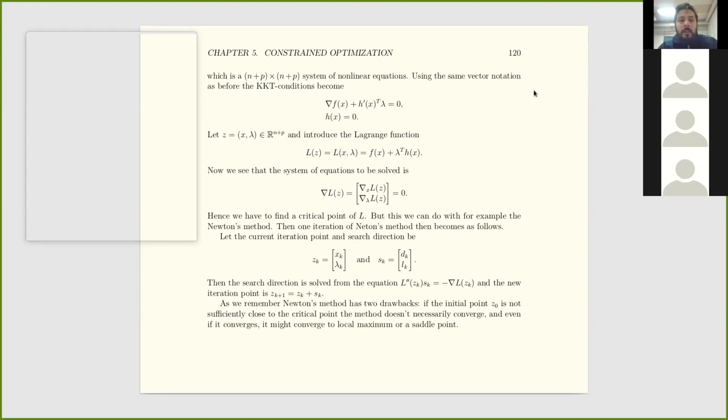after which we can formulate this so that if we find the zero of the gradient of this Lagrange function L, then we find a critical point of L, but we simultaneously solve those equations that are satisfied by the KKT point. So we can think of this equality constraint as being inconsequential in some sense. Obviously, it's not inconsequential, because this may be significantly harder to solve